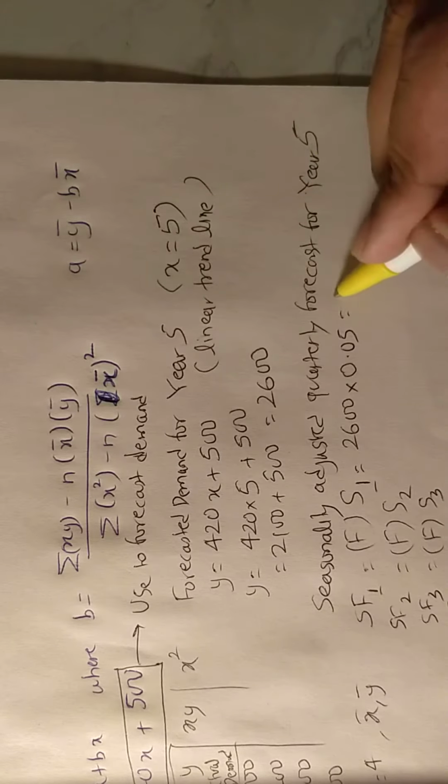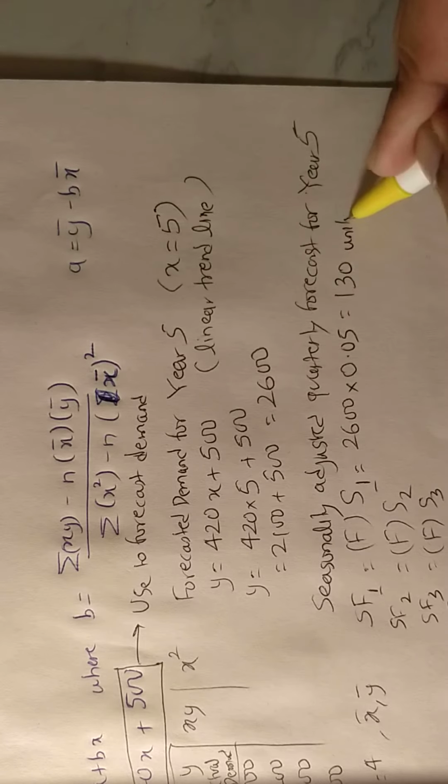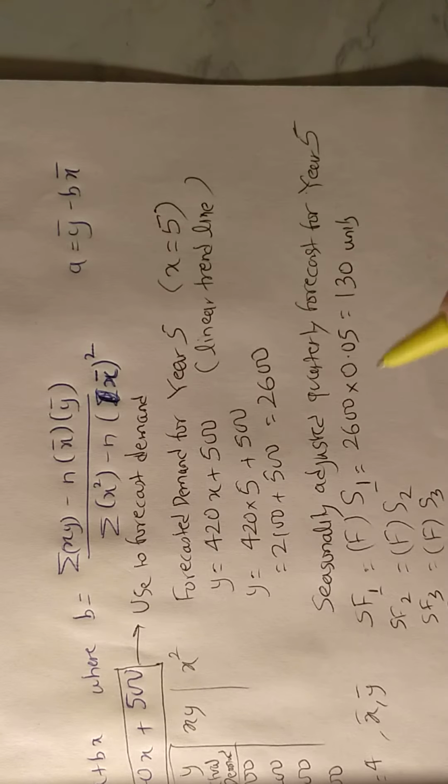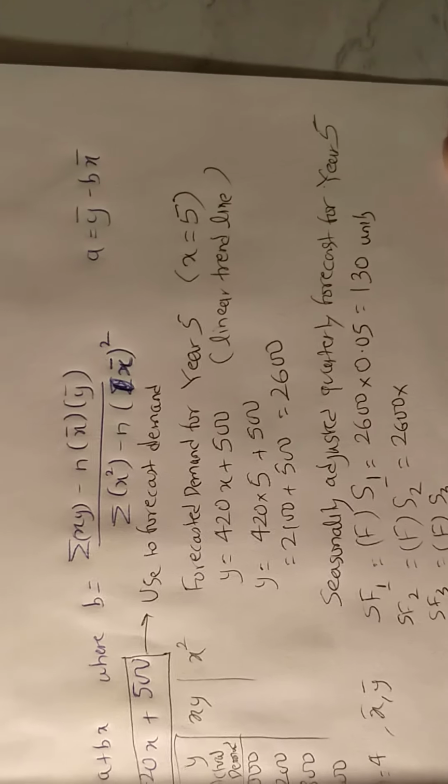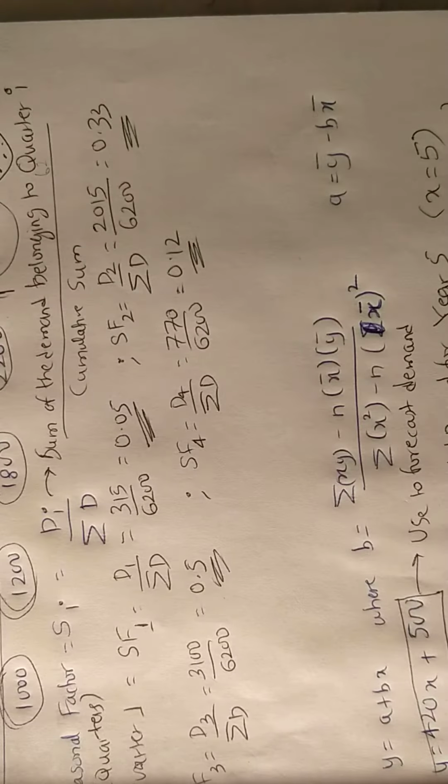That is 130 units. Similarly, you do this for the second quarter. SF2 is 2600 times the seasonality factor for quarter 2, which is